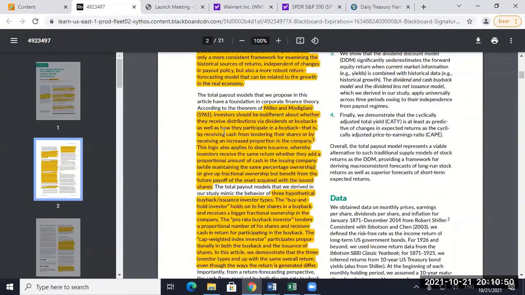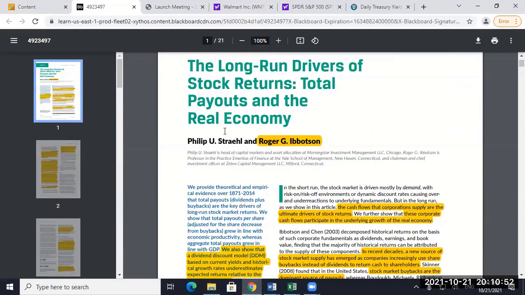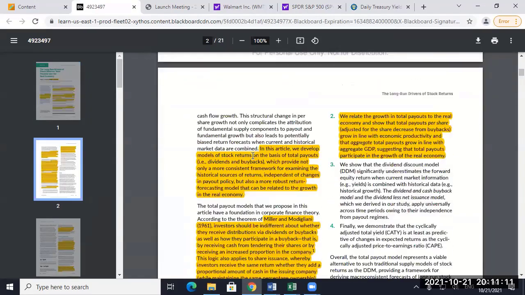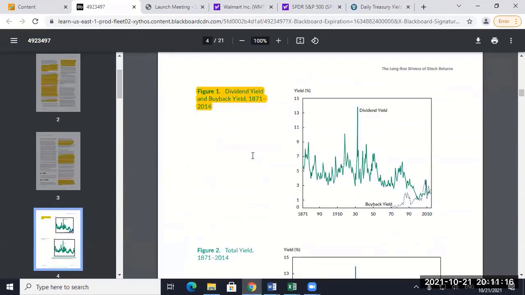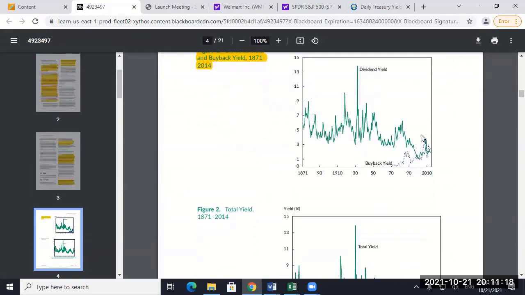All right, so they're addressing this issue of, should we adjust our expected return for stock? So this is Robert Ibbotson. This is what he does. He comes up with market risk premiums. What is the risk-free rate? What is the expected return on stocks? What's the historical premium? That's what he does. I don't know who Philip is, but Dr. Ibbotson, he has a lot. If you don't want to read the article, you can go through and read my highlights. You don't even have to do that. But this is a really key chart right here.